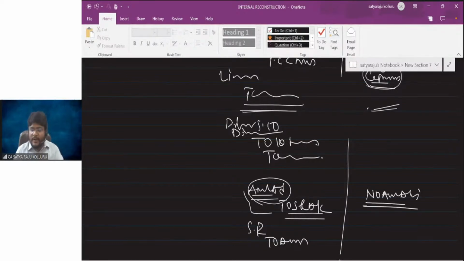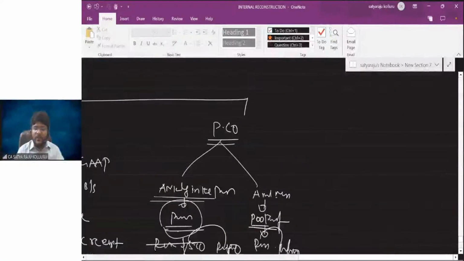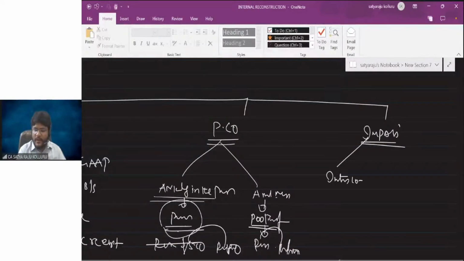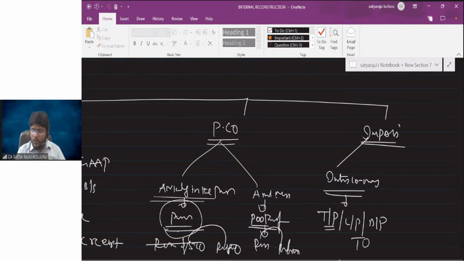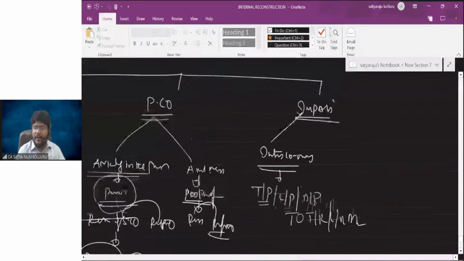Sir, certain important adjustments we've seen in the books of the purchasing company. What are these important adjustments? One is intercompany owings. In intercompany owings, what we discussed, sir, is that you always need to cancel the trade payable or the loan payable, whatever the case may be. Trade payable includes bills payable. Against that, trade receivable or loan receivable or bills receivable. Simply creditors to debtors is the entry to cancel the intercompany owings.